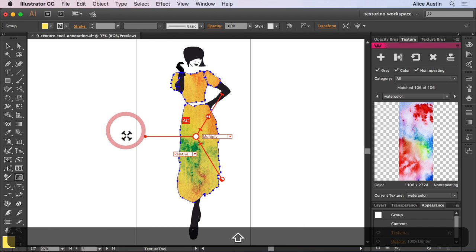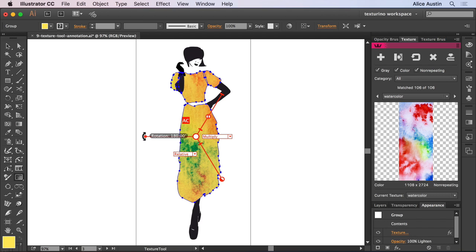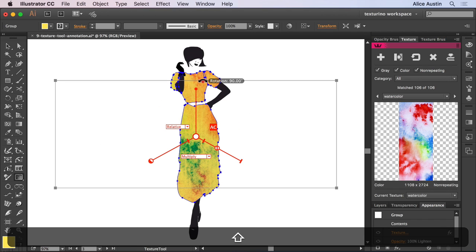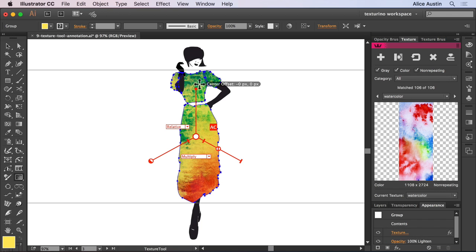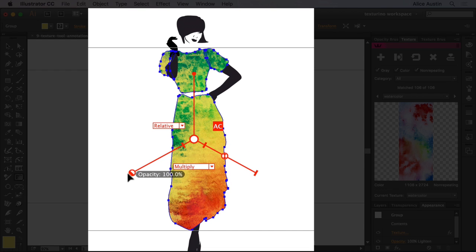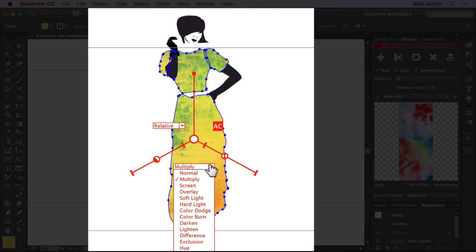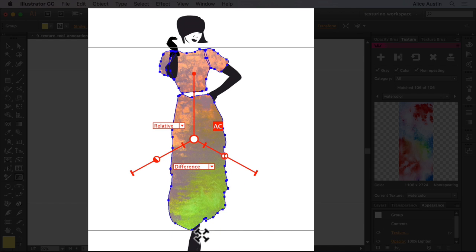Notice how the auto cover is kicking in to increase the texture size to match the overall height of the selection. Like the scale, the opacity is controlled by a slider. This time the icon is made up of two semicircles, alongside the opacity modes in the drop-down menu. So I'm happy with those settings.